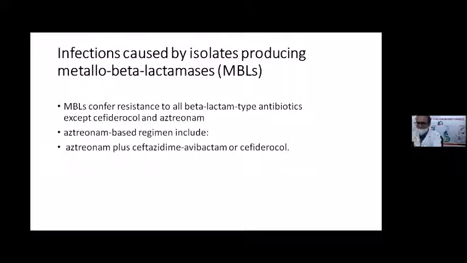Now treatment for metallo-beta-lactamase producing Enterobacteriaceae includes two regimens. One is the aztreonam-based regimen. In this regimen, we use aztreonam as the primary drug, plus we add ceftazidime-avibactam, or we can use cefiderocol independently. Why are we adding ceftazidime-avibactam? Because bacteria which are predominantly metallo-beta-lactamase producers also produce a lot of other beta-lactamases which may confer resistance. Therefore, avibactam will bind to these other beta-lactamases and allow aztreonam and ceftazidime to act. That is the purpose of adding ceftazidime-avibactam to aztreonam in the treatment of multidrug-resistant metallo-beta-lactamase